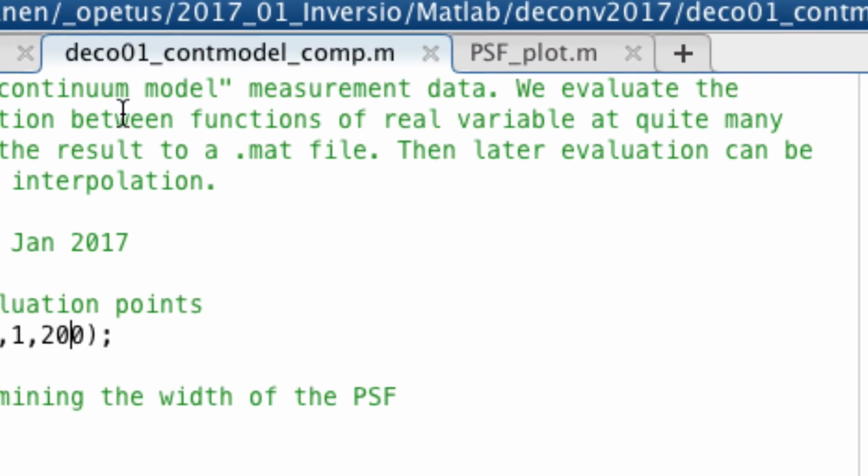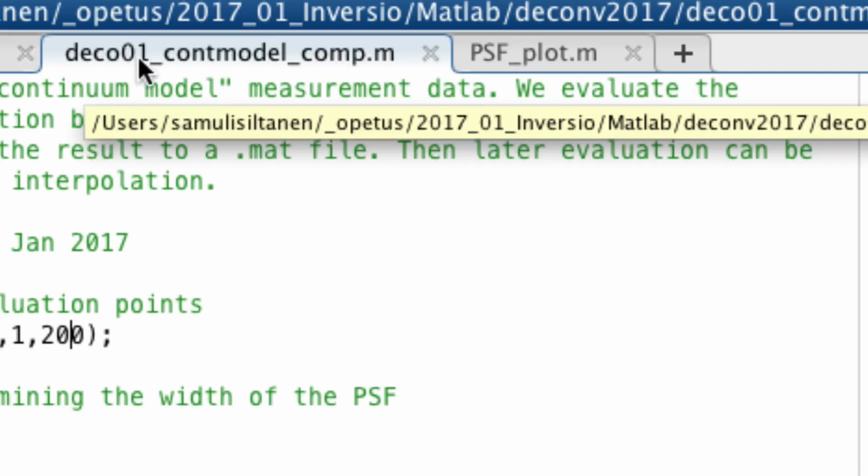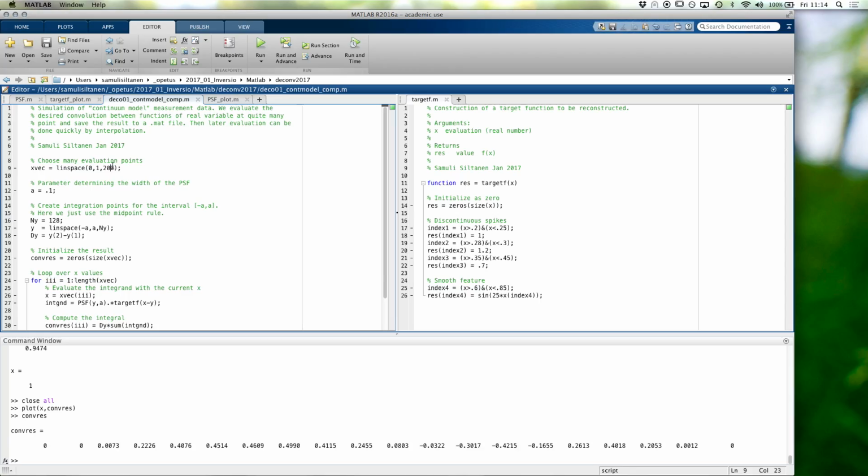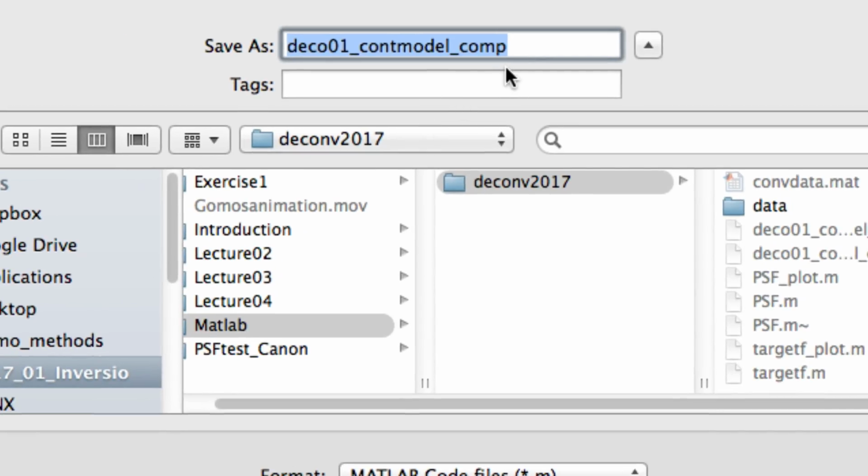So this is called something I often use. A naming convention in the files is that there's something comp, and then there is a corresponding file with the same name up to here, and then it's plot. With the idea that sometimes computations take a long time. I mean, they can take overnight or days sometimes, or at least even if they take like 30 minutes or 10 minutes, it's nicer to first compute and save the results, and then when you plot and modify the plot and make it as well visualized as possible, then it's nice not to have to compute all over again. So the strategy here would be the same. So let's save this by the name